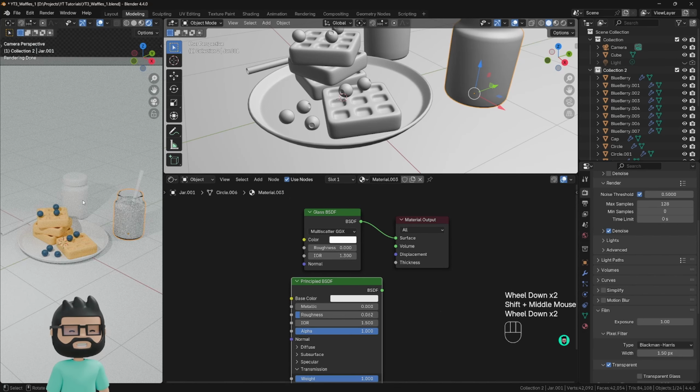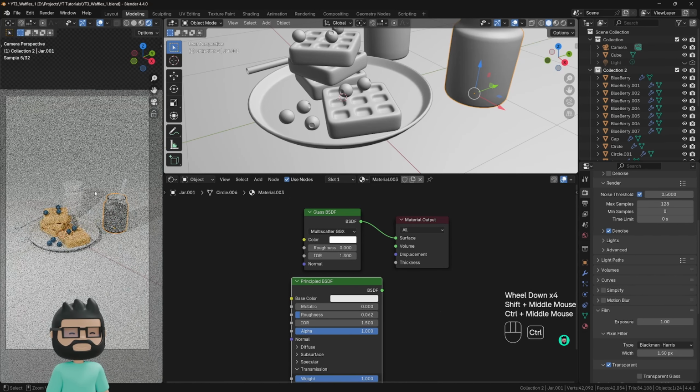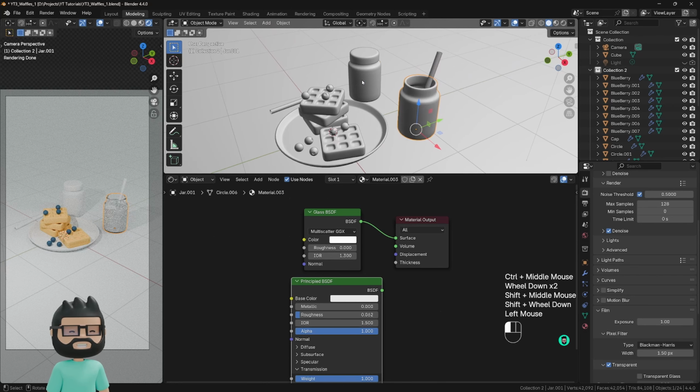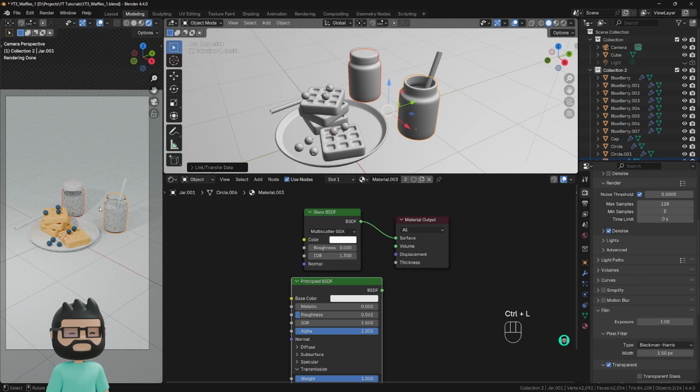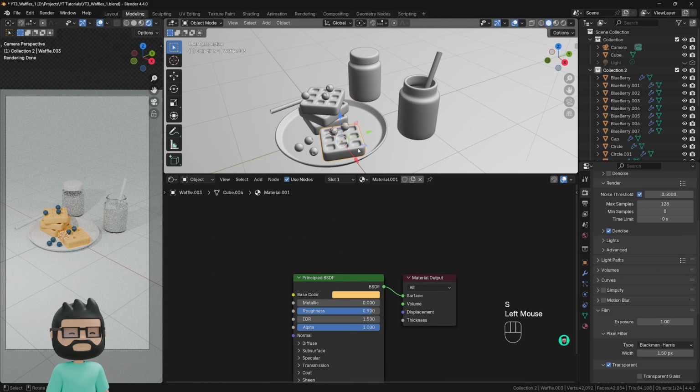So now we want the same material for this jar as well. So in this view, I'll just select this jar first and then select this jar and press Ctrl L and click on link materials. So now both of these will have the same material. Let's rename the material to glass. Let's click and rename this material to waffle. Let's rename this one to